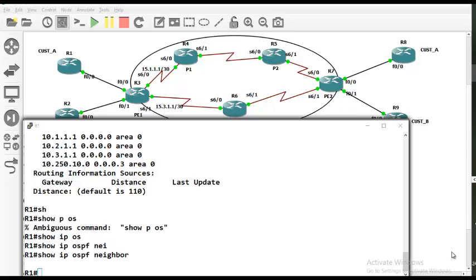So using MPLS traffic engineering, we can manipulate the routes per the requirement. Here what we are doing in this lab is we have traffic engineering, and we got two paths. We want to make use of both the paths